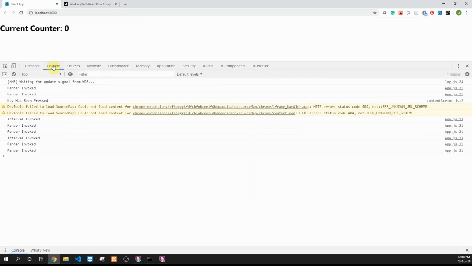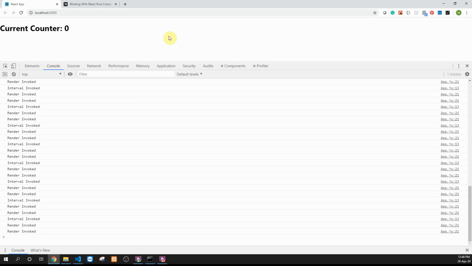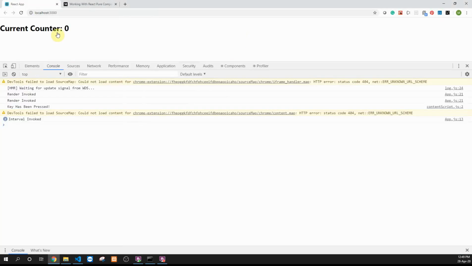Now this is a problem that we want to cater to, the problem of continuous rendering. I don't want my component to re-render again and again if the value of the counter is not changing. For that, we'll make a very small change and go back to our code. This class component is extending from React.Component. What we need to do is replace this with React.PureComponent. As soon as you replace it, we need to see what difference we have in the rendering. Let's get back to the application. We have the same component getting rendered, and you can now see the console messages.